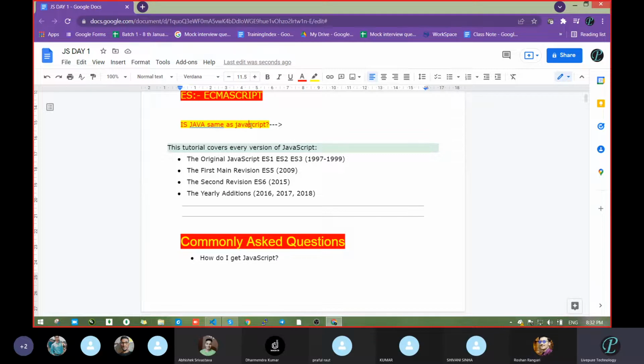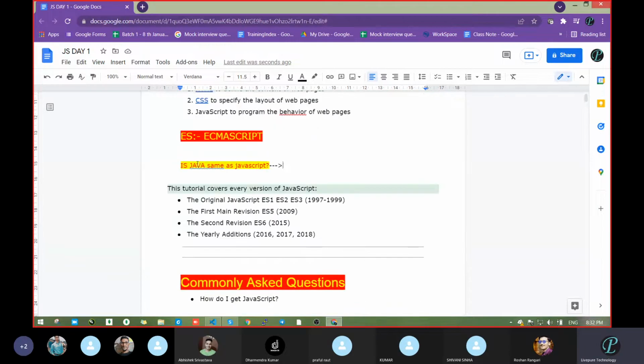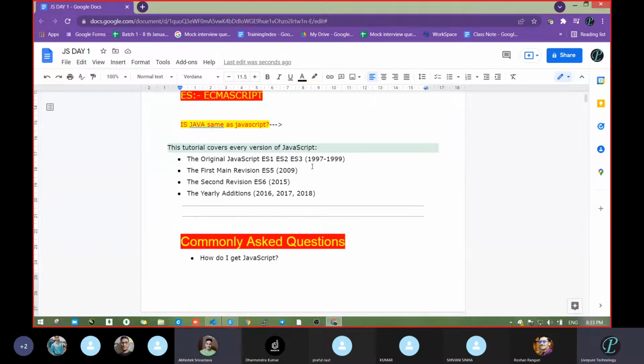So don't think that if anybody says Java, it means JavaScript. The name is same, looking alike, but both have too many differences. Okay, so common question. Java is used in the backend side, JavaScript you can use in both backend and front end.